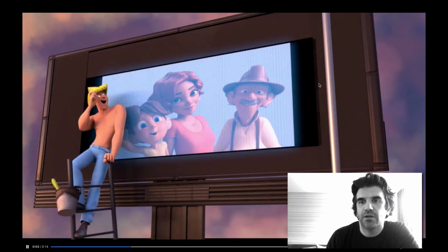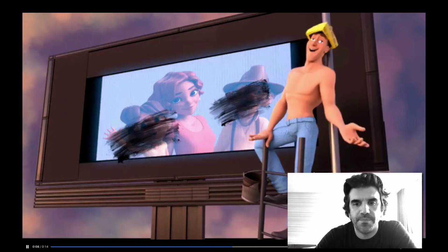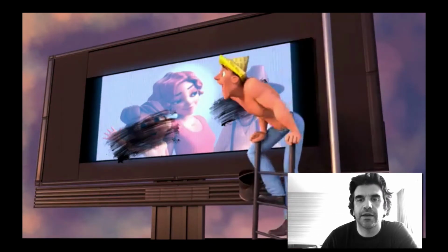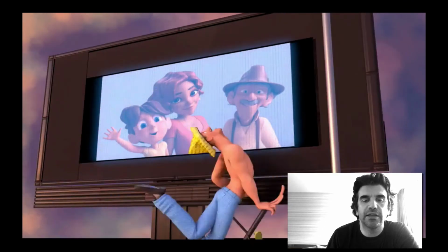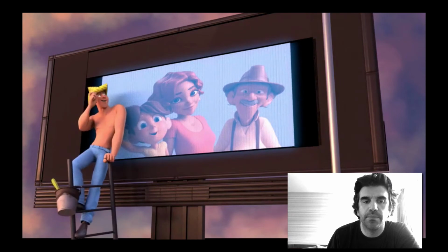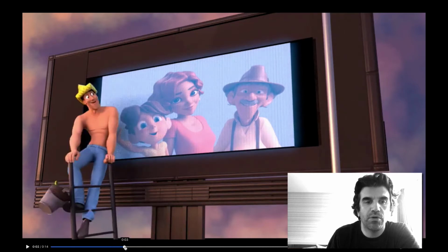Just some popping shadows back here is something to be aware of. I was just noticing that. Okay, so in terms of the character lighting, his shaping isn't bad. He's just feeling a little bit overly lit, and there's just a lot of brighter values in him. I would darken his blue jeans down a little bit, and I would maybe,